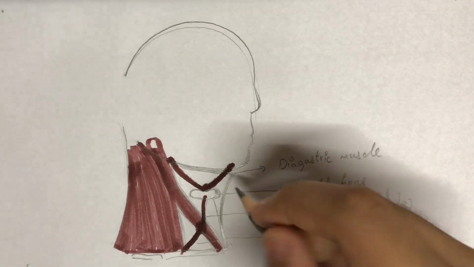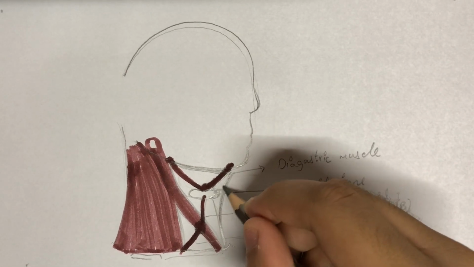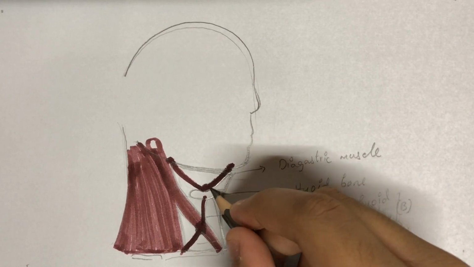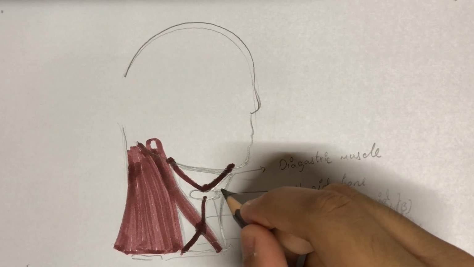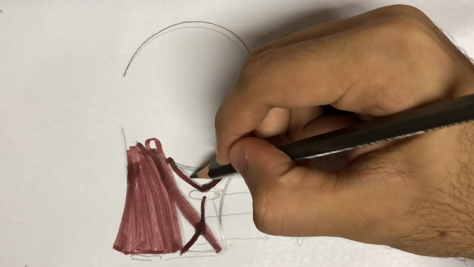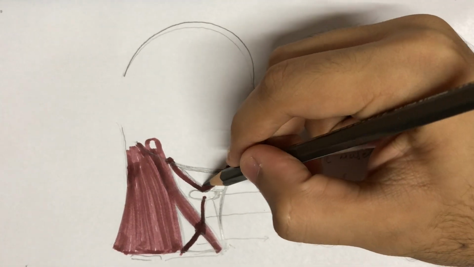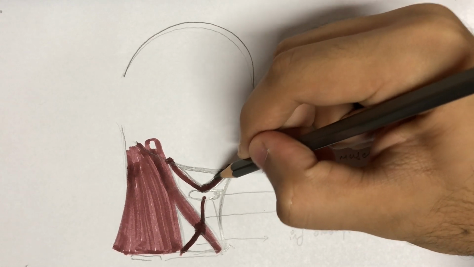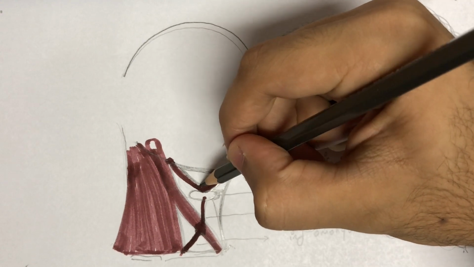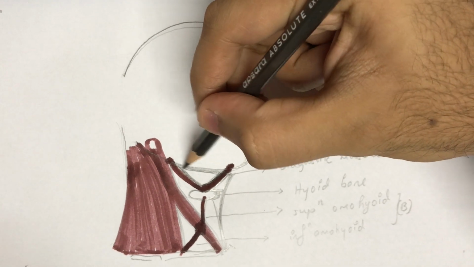We have the submental triangle, bounded anteriorly by the anterior median margin, posteriorly by the anterior belly of the digastric, and inferiorly by the hyoid bone. Just posterior to the submental triangle, we have the digastric triangle. As the name suggests, the anterior inferior border is the anterior belly of the digastric, the posterior inferior border is the posterior belly of the digastric muscle, and the superior base is the mandible.